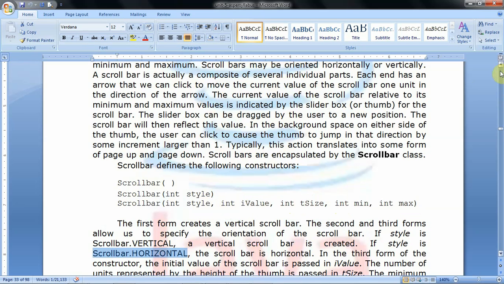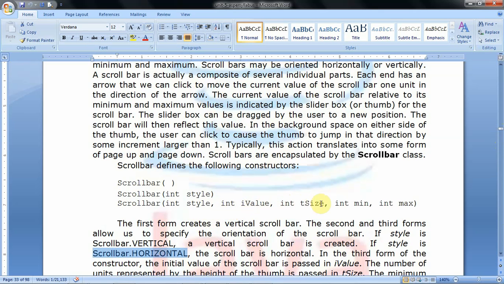So for example, if we take this scroll bar, here this is the minimum value, this is the maximum value. Then at this time the scroll bar is placed here. So like that we can initialize the scroll bar to some value, some position, that is nothing but iValue or initial value.